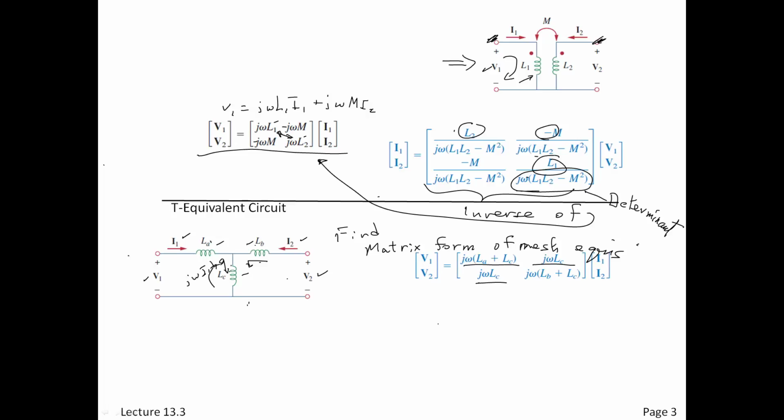If I'm over here in my equivalent circuit, I now compare this term to this term. And that would mean what? That L1 is equal to LA plus LC. And if I do that with all of them, I get this,